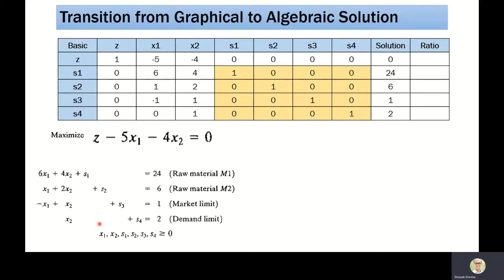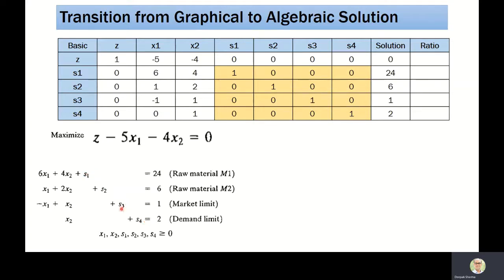The first thumb rule is to look at constraint equation number 1. Here, we have included one extra variable, which is s1. So let me take this as the basic variable for equation number 1. Now let me go to equation number 2. Let me take s2, which is the extra variable, and similarly s3 and s4. So once we decide that from each equation we are going to take one variable, the extra variable which we have included into the problem, let us start.